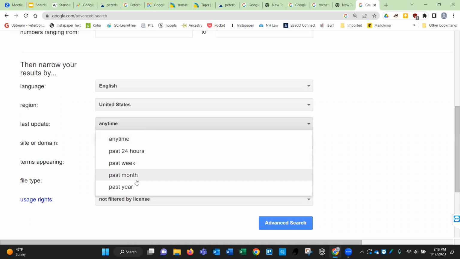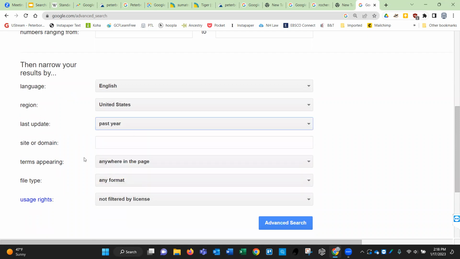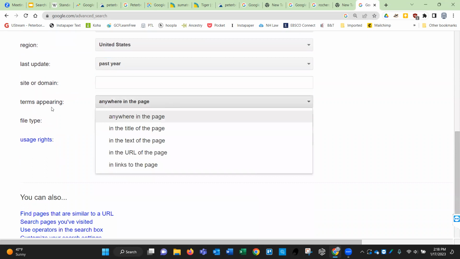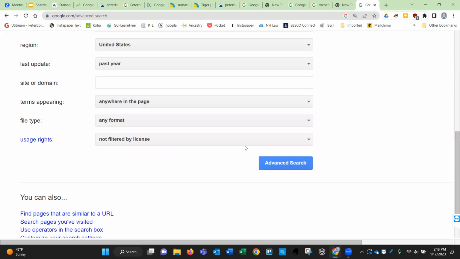Last update, again, we want stuff within the last year. And we want the terms that we are searching for anywhere in the page. But if you wanted only organizations that have it in the title of the website, we could do that, or just in the text or the URL, any of that stuff.